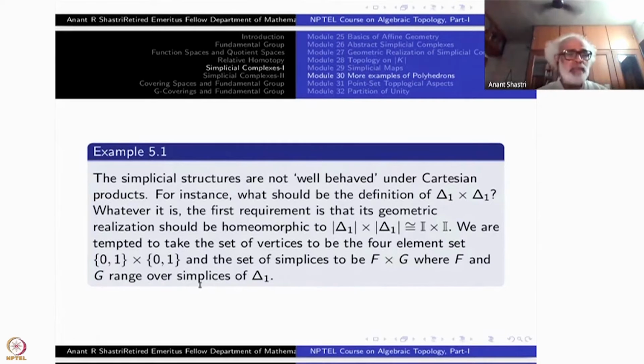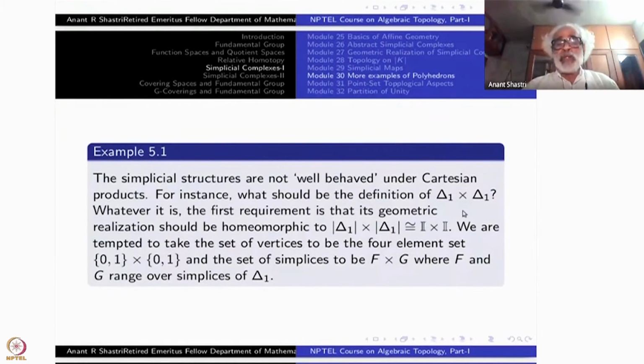So this problem is much deeper and quite difficult. In fact, in general, it is not possible. So what I will do is, I will specialize to the case when one of the factors is just the interval [0, 1]. Even here we will have problems. For example, take Δ^1 cross Δ^1. What is the best way to triangulate this one? There are two vertices here, 2 vertices here. So you are tempted to take 4 vertices. Then for each 1-simplex here, 0-simplex cross 1-simplex, 1-simplex cross 0-simplex, and so on.